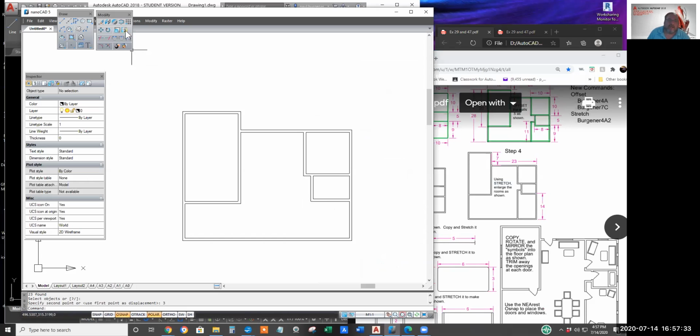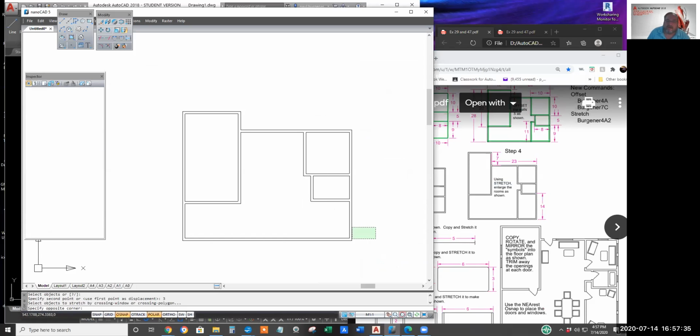Continuing with NanoCAD, I'll click stretch. I'll form a crossing window starting on the right and ending on the left. And everything that is enclosed will move, and what is crossed will turn to rubber. Click enter to tell it you're finished defining your selection set. Pick a point with polar tracking as a guide.